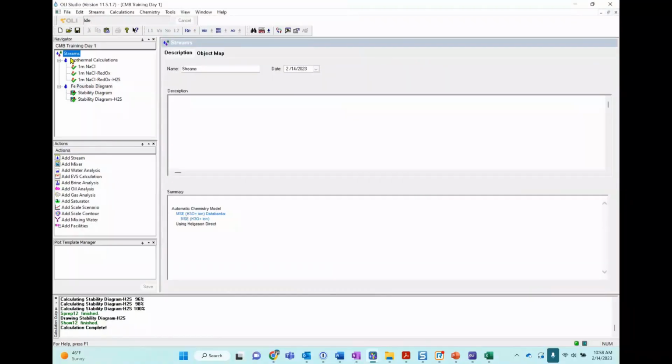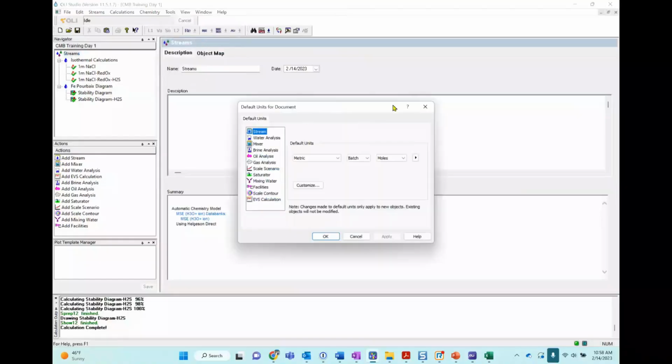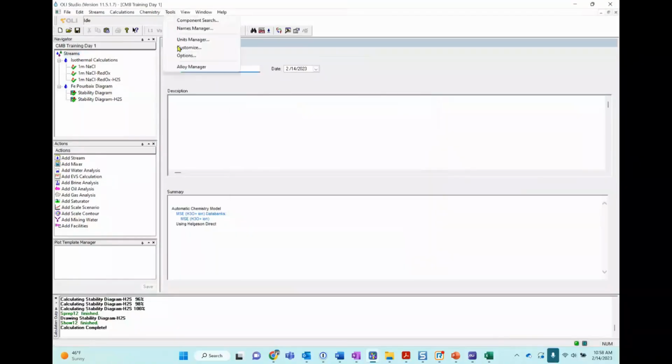Okay, so let's change that. Let's go to the streams level, all the way to the global stream. Then you're going to go to tools, then units manager. I think it's like that. Let me see. One second. Tools, options.